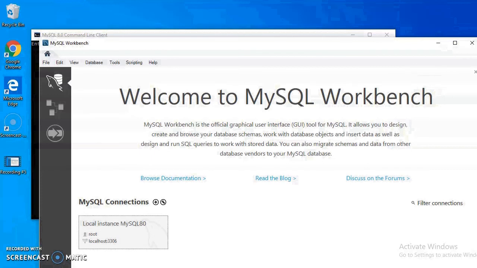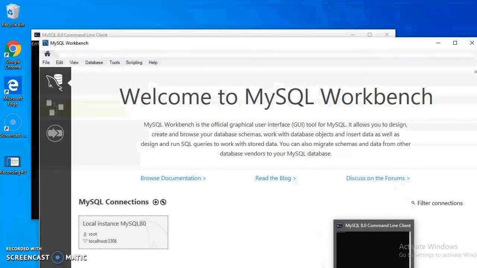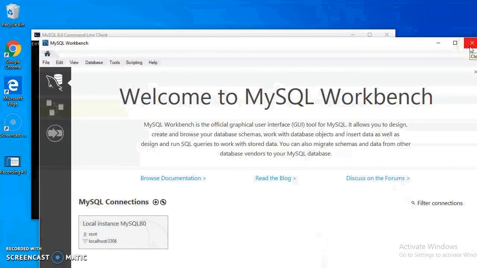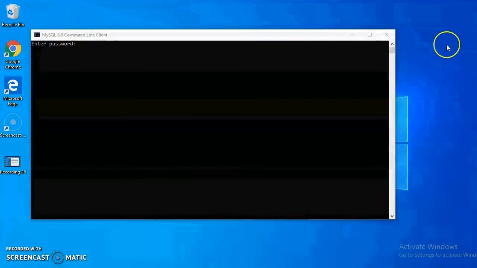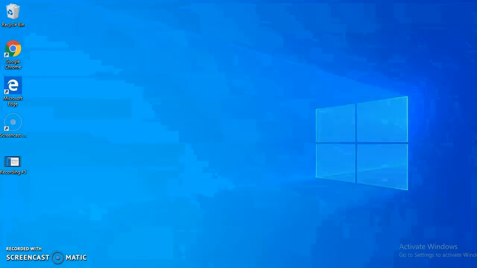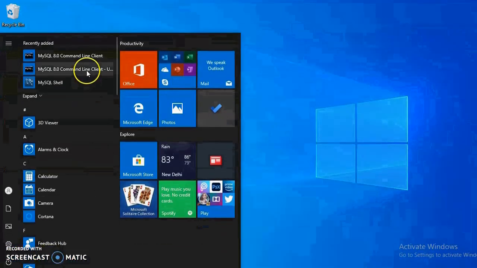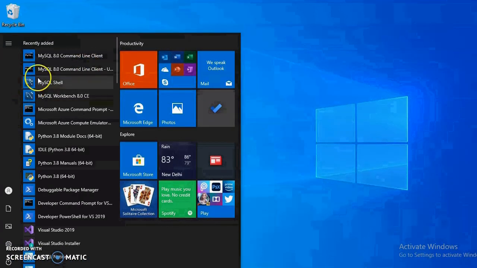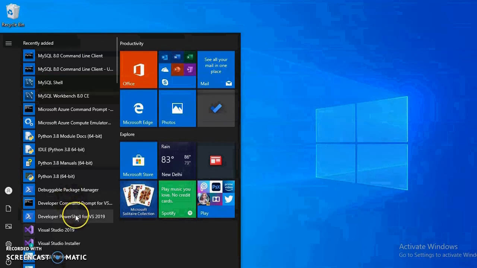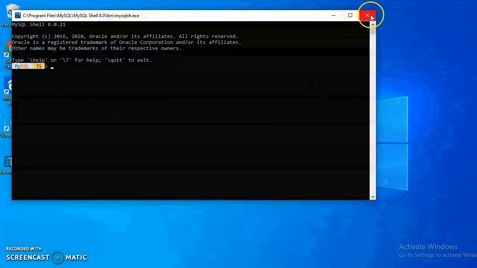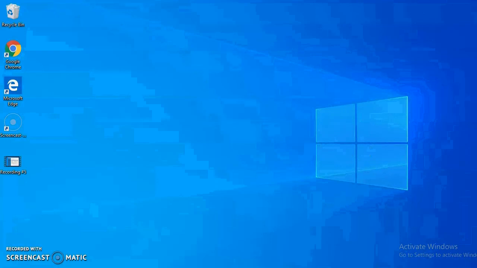This is the GUI version, MySQL Workbench, and the command line client is the command prompt version. Here you can see multiple products provided by MySQL. See the list of products provided over here. You have selected the developers option, so it will provide all these products.